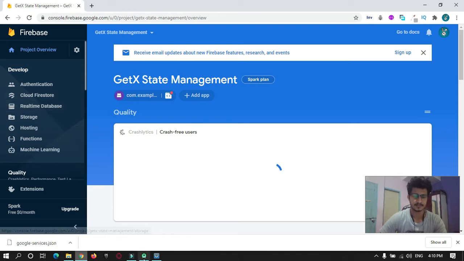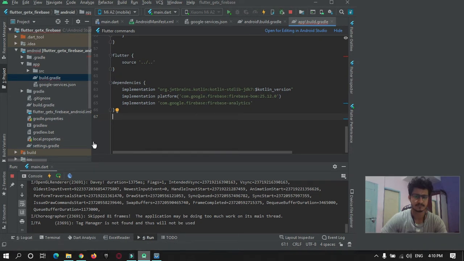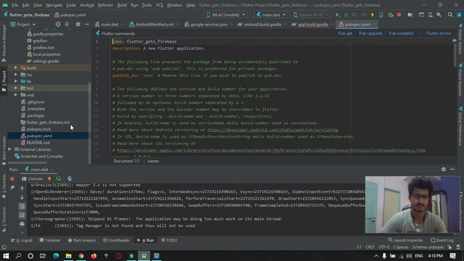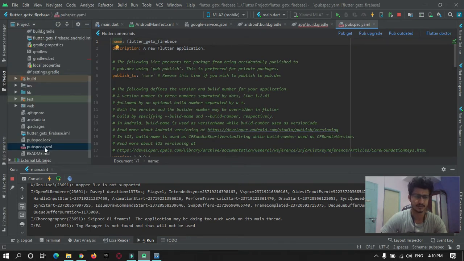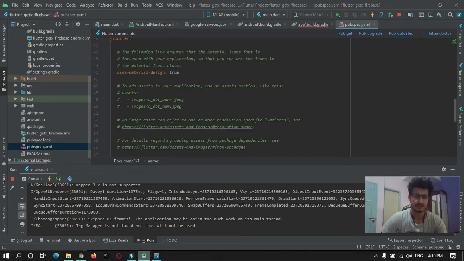Next thing is you need to add some Flutter dependencies in your project. So go into your project structure, the pubspec file. Over here, you need to add two dependencies.